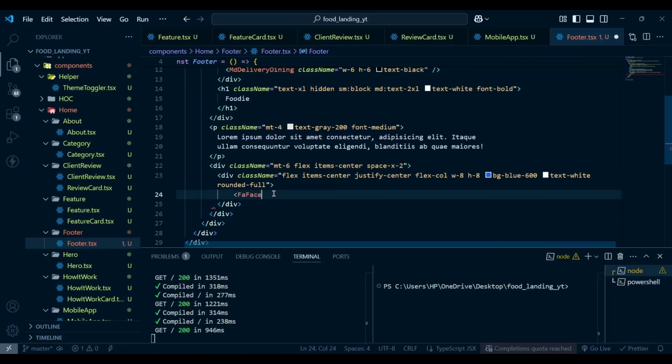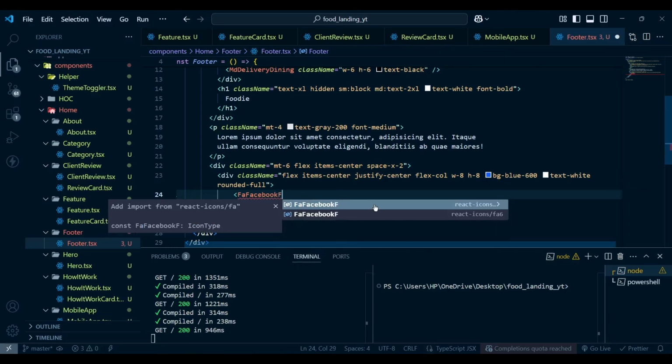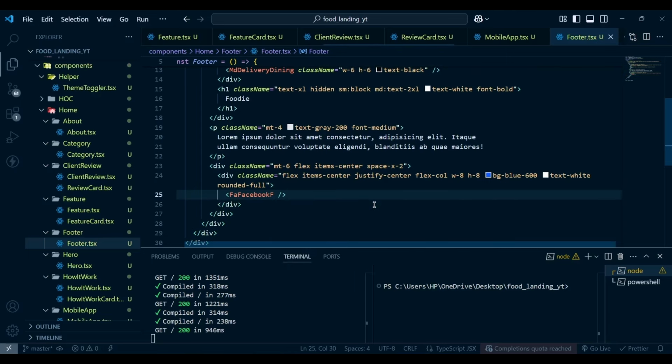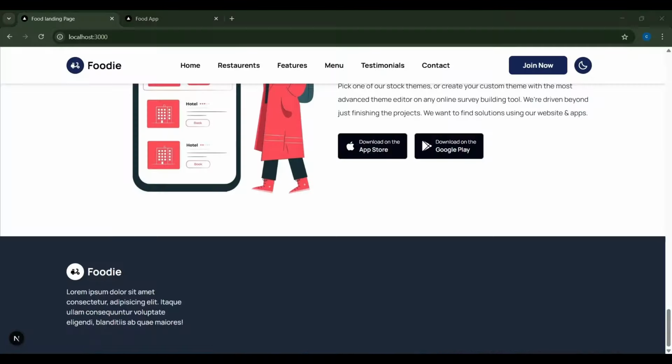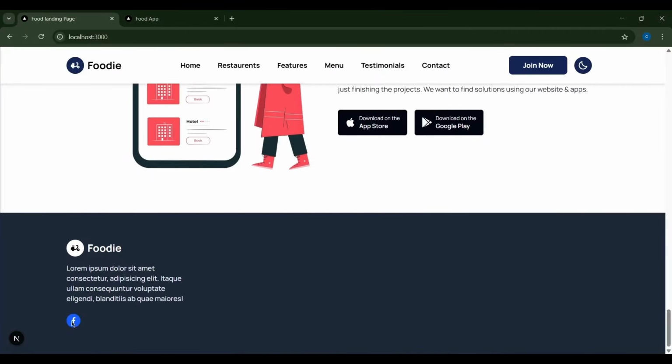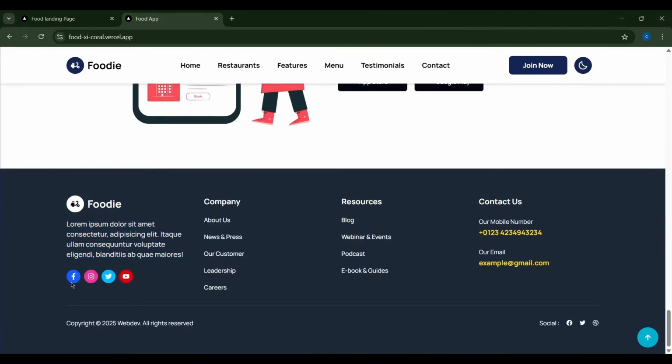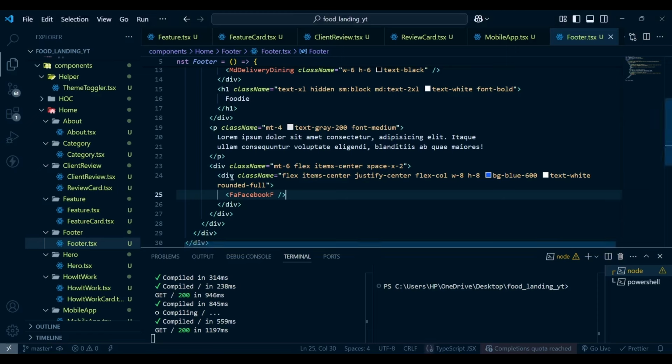So I'm going to use FaFacebookF from our React icons. Now if I hit save and go to our project, here you can see we have our Facebook icon just like this one. Next we have Instagram, Twitter, and YouTube. So what I'm going to do is copy this